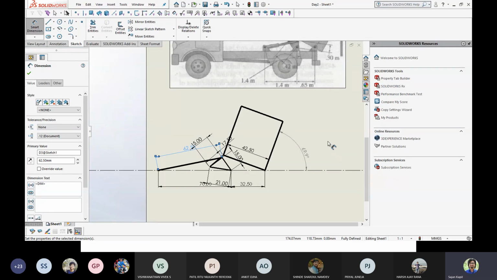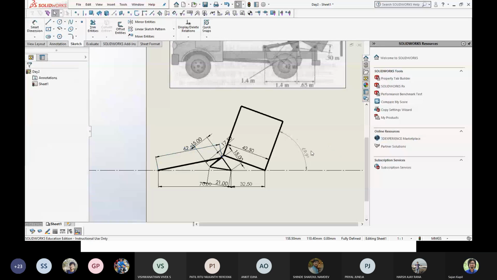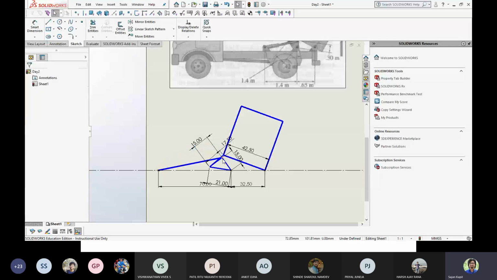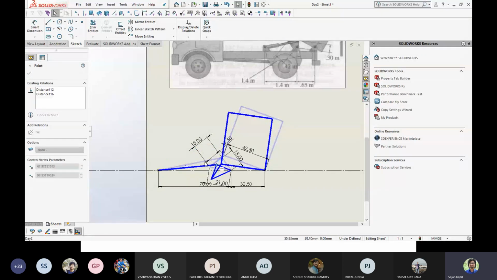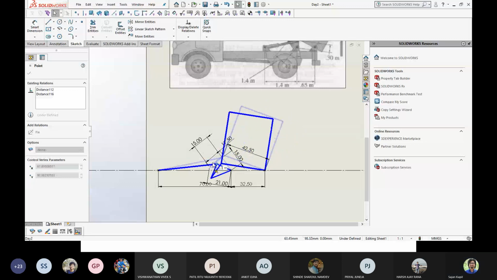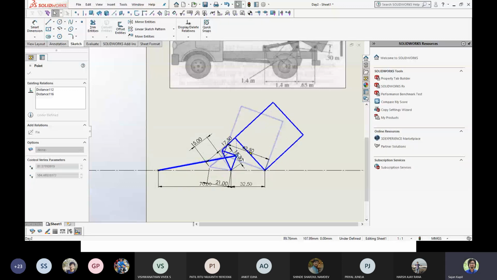How many of you are getting a similar answer? Now if I delete these dimensions, you can see that also. If I change the length of this, this is how the mechanism is going to work, right? If there is something inside this truck, that will dump like this, correct? You see that? Is it visible?